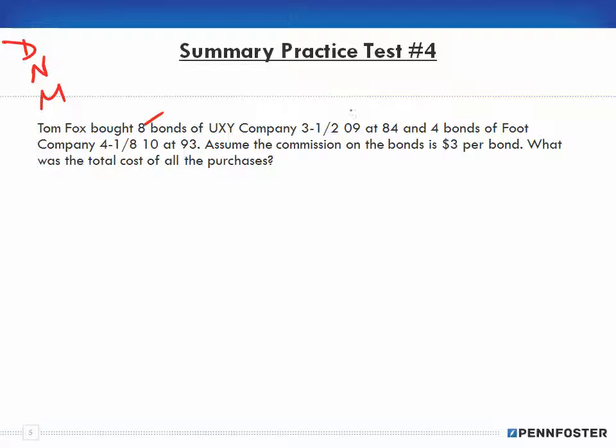so I'm going to need that, and 84 is the price of the bond, but this 3.5% is interest and has nothing to do with the cost of the bond. And the same thing with the Foot. You have 4 bonds at 4 1/8%. The 4 1/8 has nothing to do with solving the problem, and at 93. And of course, the $3 commission, we're going to have to manipulate that somewhat too. Right, so we have